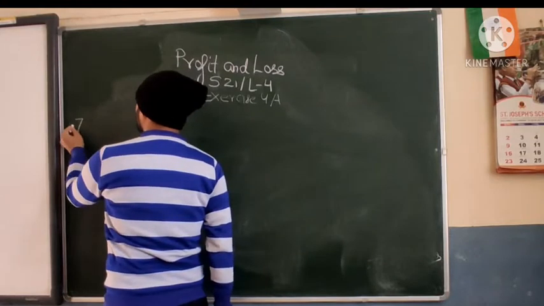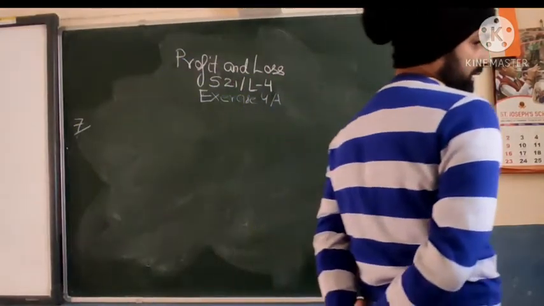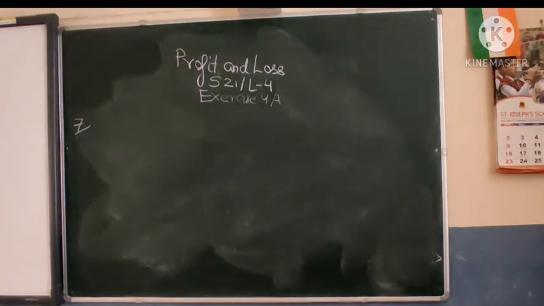What are they talking about in question number 7? Let us see. A trader is there and that trader is selling something. What is he selling? Erasers. So he sold 40 erasers and earned a profit equal to the selling price of 12 erasers. So find his profit percentage. Now see, he is selling 40 erasers, and the profit, which is the selling price of 12 erasers, is given to us.